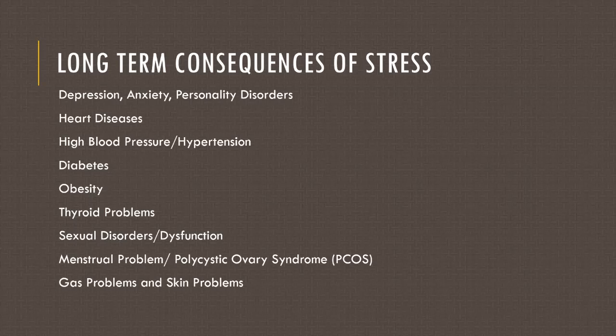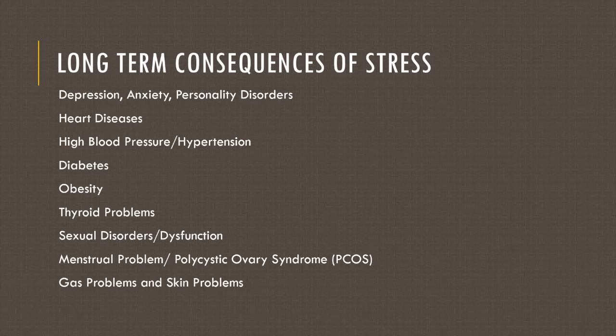Next is obesity. It's a very good example: someone who continually keeps on having stress, you can see that person is obese. It's because maybe due to overeating, or maybe due to problems like thyroid problem or diabetes. So underlying problems also occur. Next is thyroid problems. Yes, so hypothyroidism or hyperthyroidism are part of stressful events occurring in the body. So it is a very severe problem, and sometimes when you are having hypothyroidism, you tend to be obese.